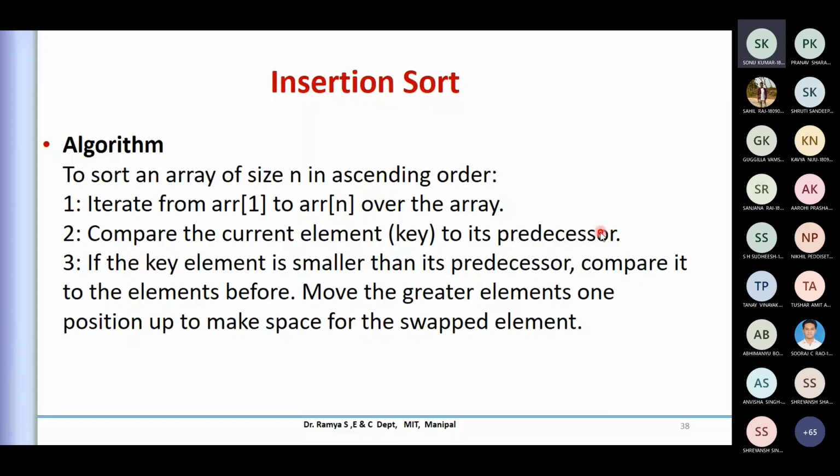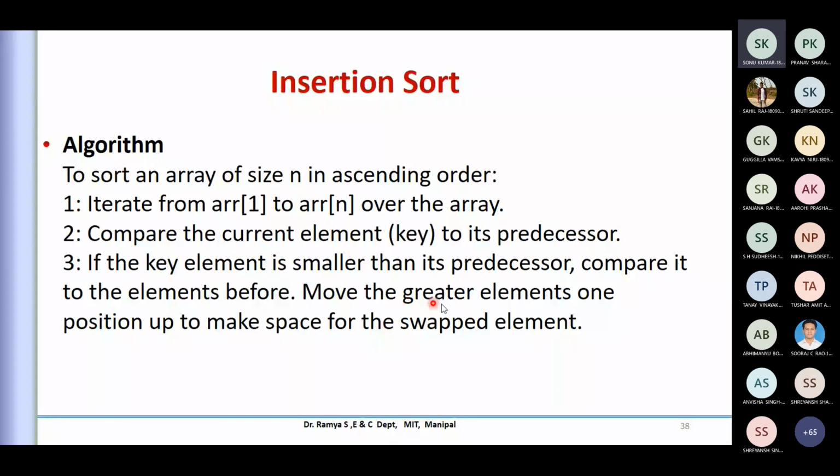Okay, that is where the difference occurs for insertion sort compared to the bubble sort. Now this key element is compared until the comparison stops only when we see a smaller value, whether you are comparing in ascending order or descending order. In ascending order, we'll see the smaller values. We compare them, identify it has been placed in a proper position, and move the greater. This is another change compared to the bubble sort.